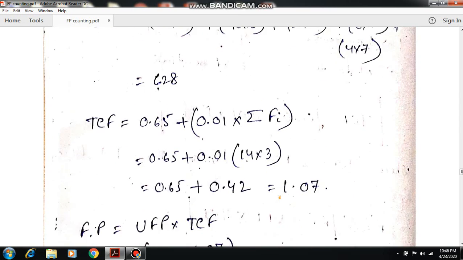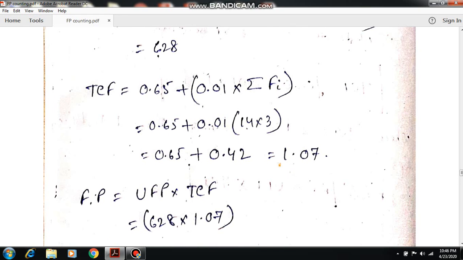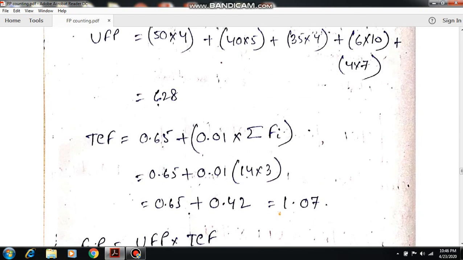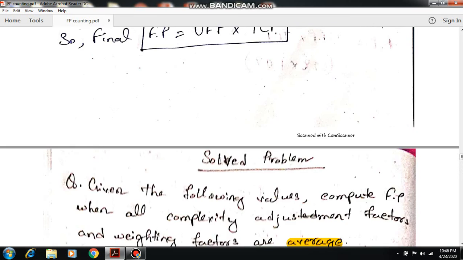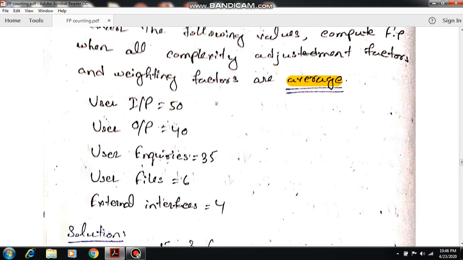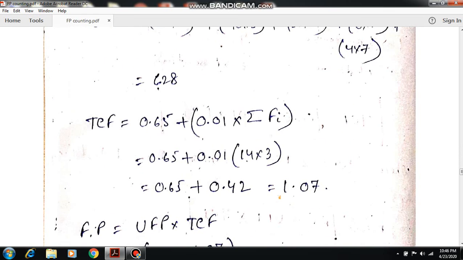Now the TCF calculation: 0.65 plus 0.01 multiplied by the summation of all FI. See the FI value. When average is given, that means we are taking the value 3. That's why, for the 14 questions